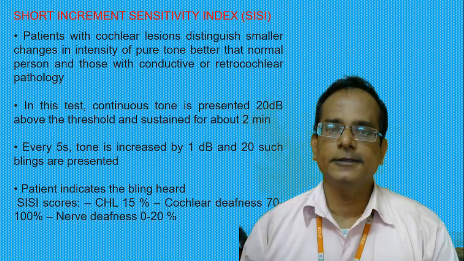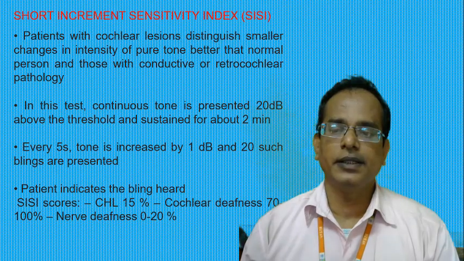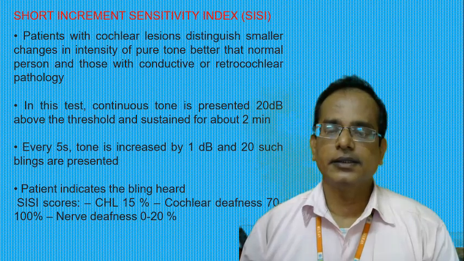retrocochlear pathology. In this test, a continuous tone is presented 20 dB above the threshold and sustained for 2 minutes. For every 5 seconds, the tone is increased by 1 dB, and 20 such blips are presented. The patient indicates the blips heard, and they are collecting the SISI score for